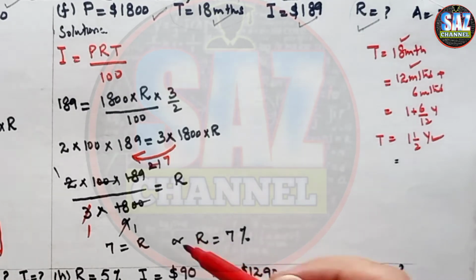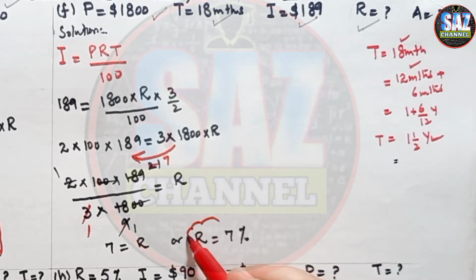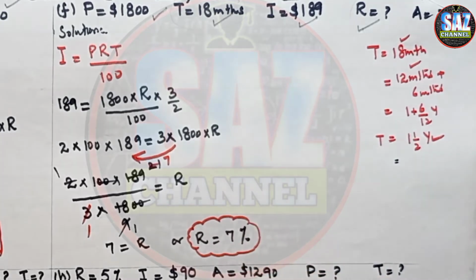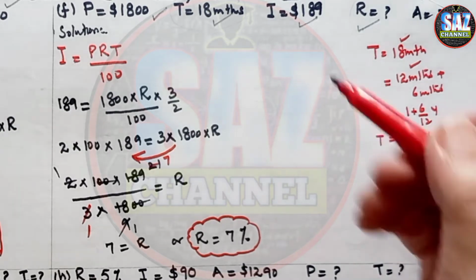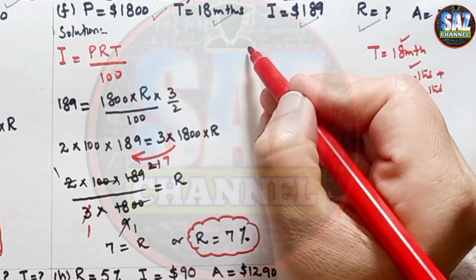The only thing you have to keep in mind is that you have to learn the basic formula and replace the values, and after that you should have command of basic algebra and the method of solving a simple linear equation. Coming to the second part, the second unknown of the question, that is the amount.